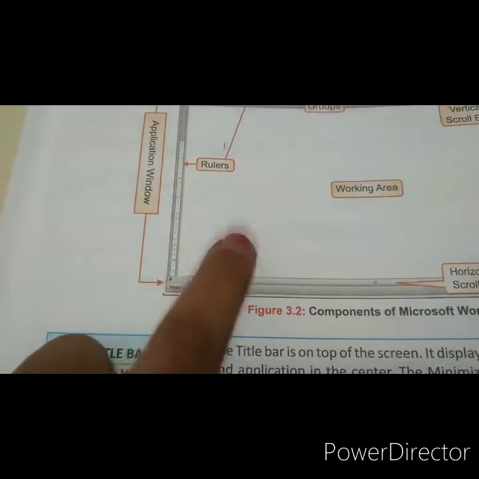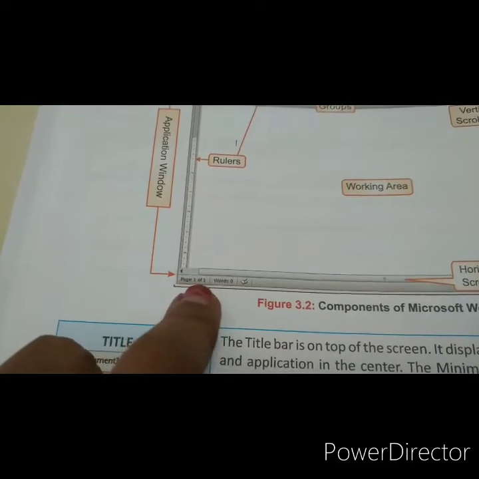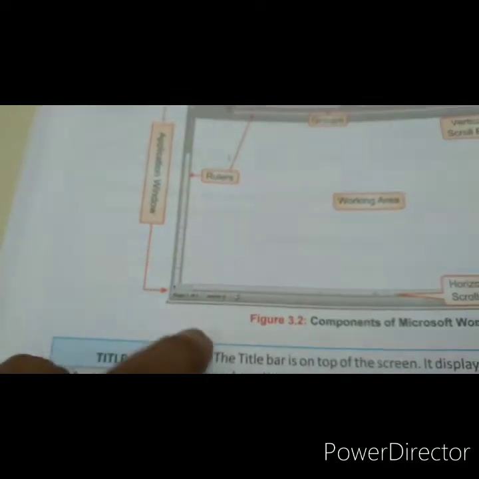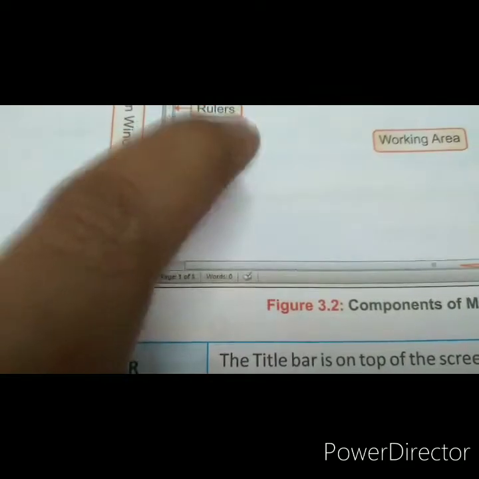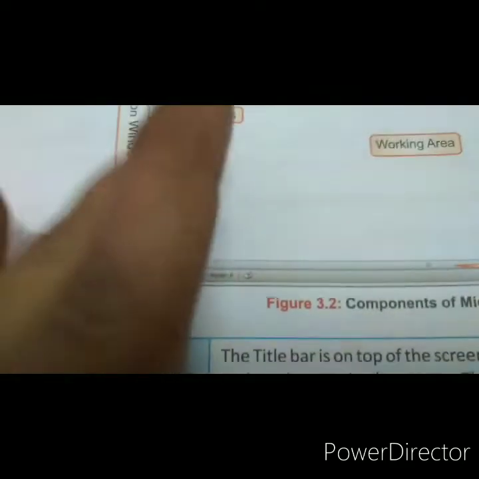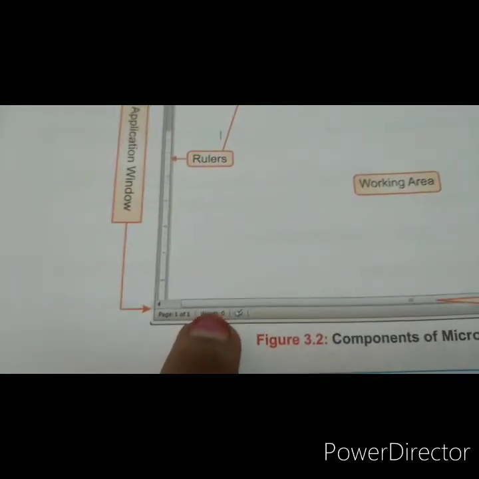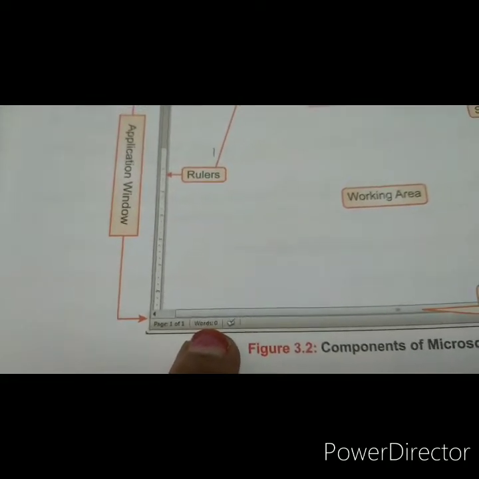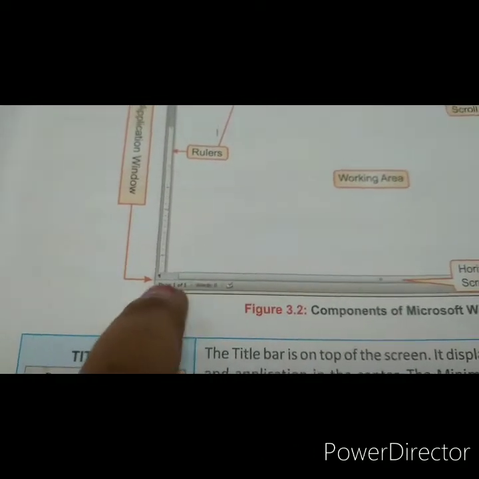Page 1 of 1 means we are on the first page. If you go to the next page, it will show page 2 of 2, means in the same document we are on the second page. Likewise, if you go to the third page, it will show page 3 of 3. Likewise, it will show the number of pages. And see here the words. How many words we are typing we can also see in Microsoft Word. All this we can find in our status bar.